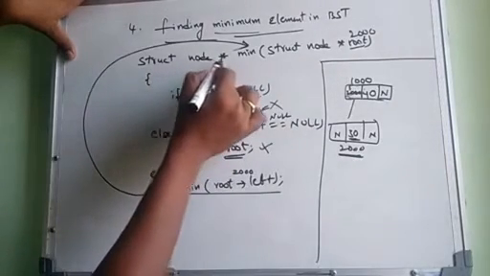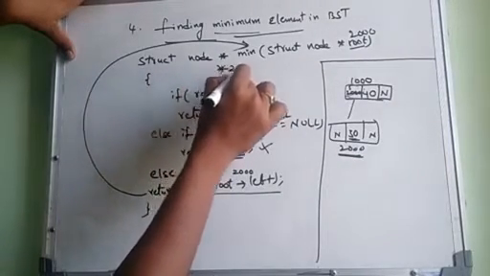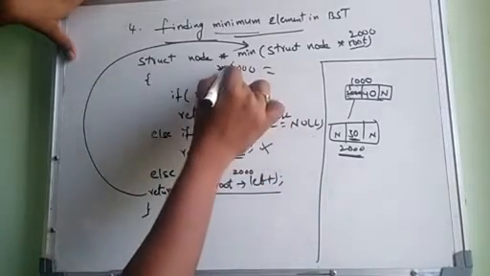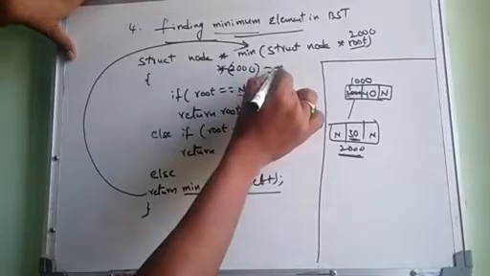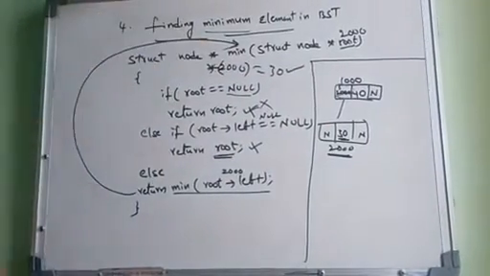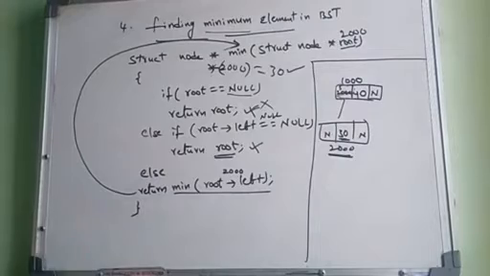So here what is the return? Star 2000. What is the pointer 2000 in the sense? The value at the address 2000, which value is there? 30. It can display the minimum value is 30. So try to write the program only to find the minimum value of a given binary search tree.